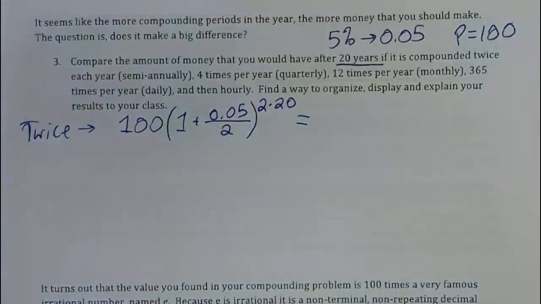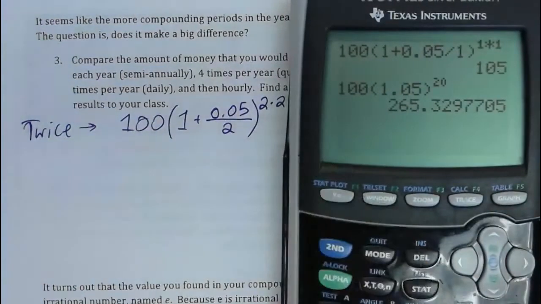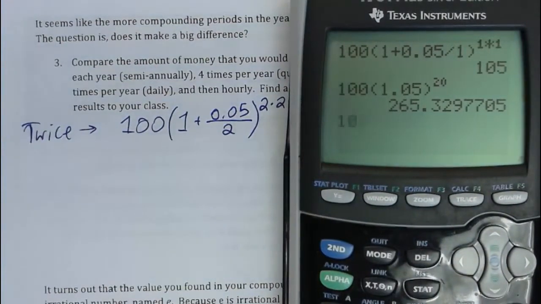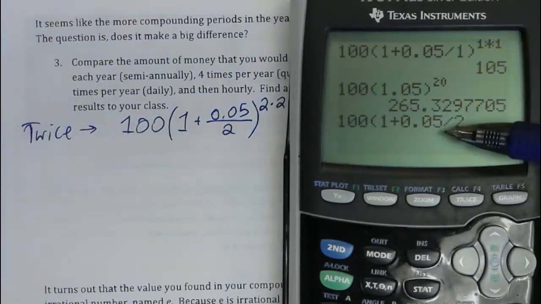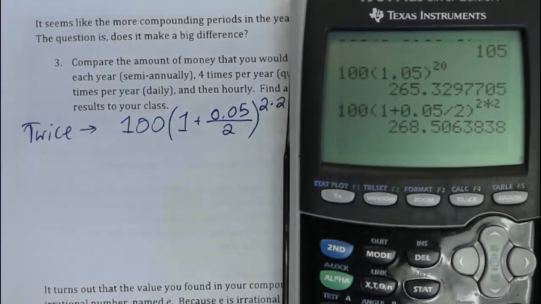So if we put that into our calculator, we have 100, 1 plus 0.05 divided by 2, because we're splitting up the annual interest into 2 different times that we're getting it. So we're kind of getting 2.5% interest twice a year instead. And then we are multiplying 2 by our 20 years, and we get